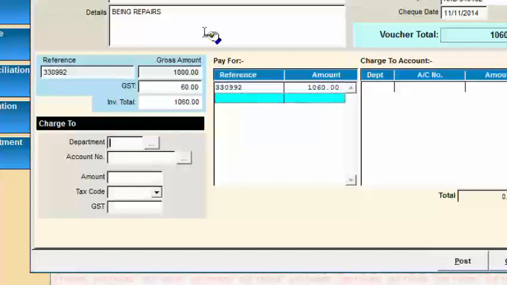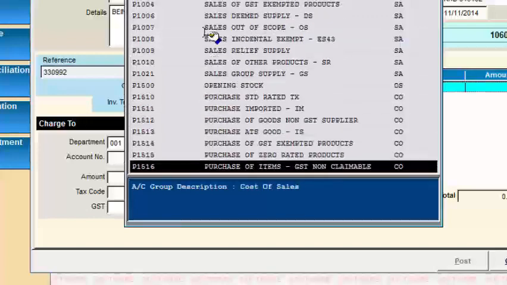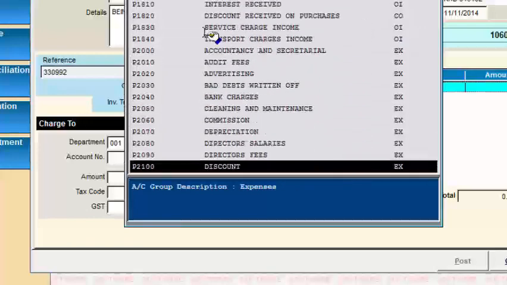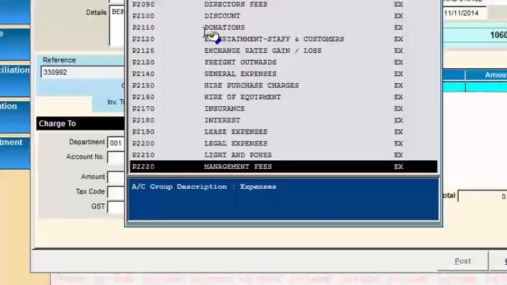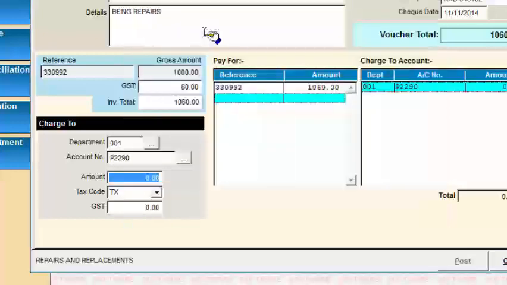Now how do you charge this expense? For example, you charge it to repairs, so which account is that? Let's say it's under P, and let's look at repairs. Let's say repairs and payment. How much is the amount that you're paying for in repairs? Now if the full amount of the repairs in this case is 1000, you can just press the enter key,